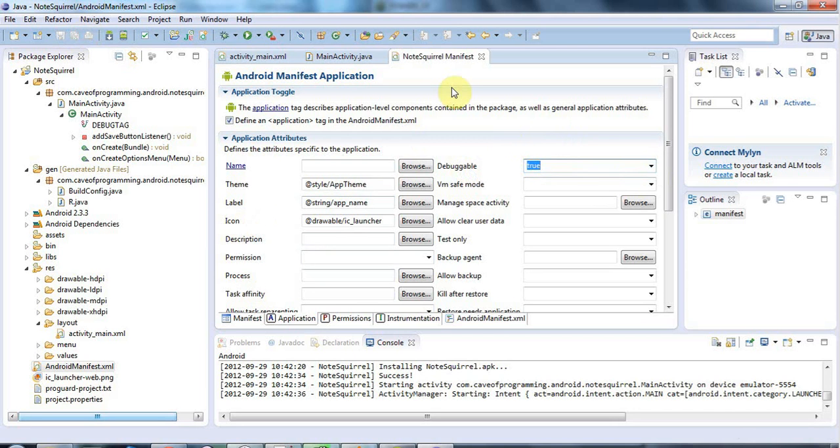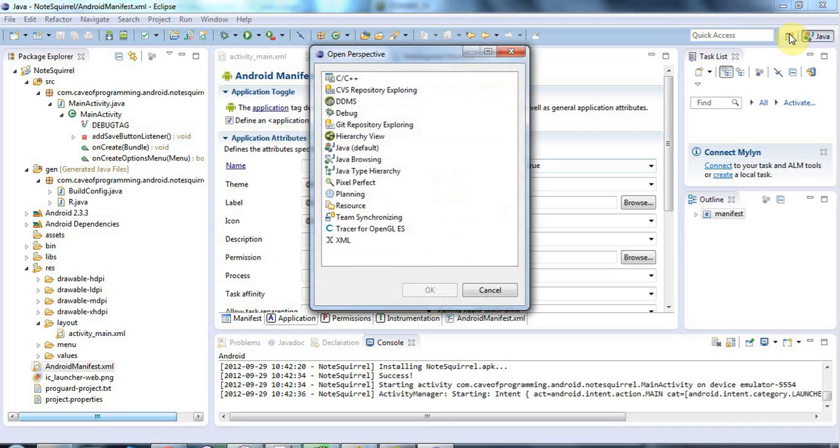Now to actually see those messages, I'm going to use a tool. I want to view the output of something called AndLogcat. And AndLogcat is actually a system for drawing together all the debug messages and displaying them in one place. And to view AndLogcat output, I'm going to use the Dalvik Debug Monitor Server, known as DDMS. If you click on Open Perspective up here in the top right corner, you'll find that the Android development tools have actually installed this DDMS perspective. So I'm going to open that,